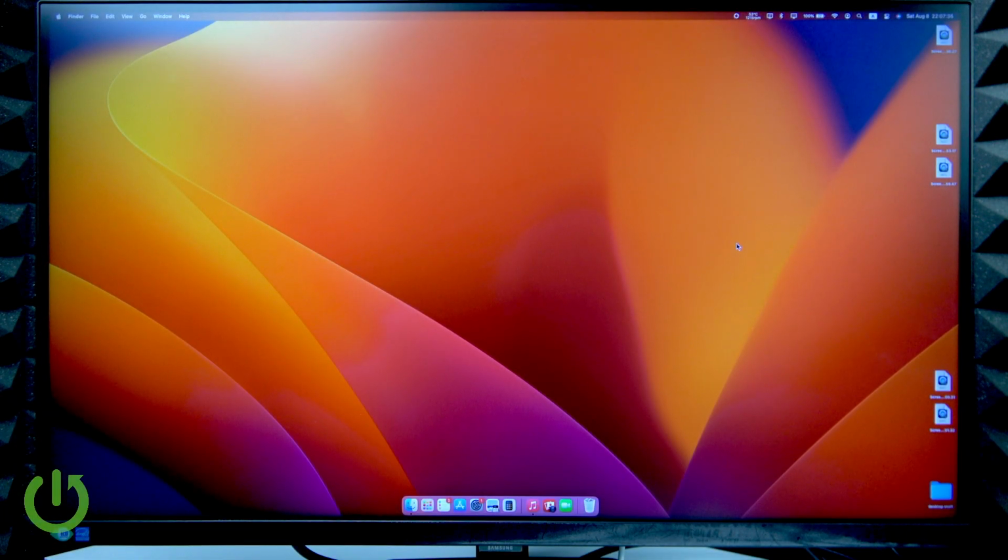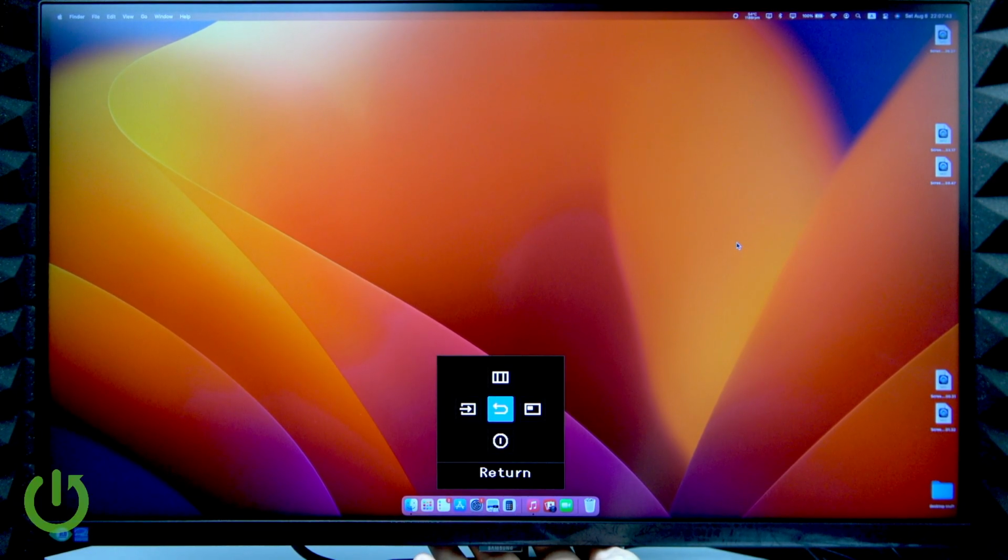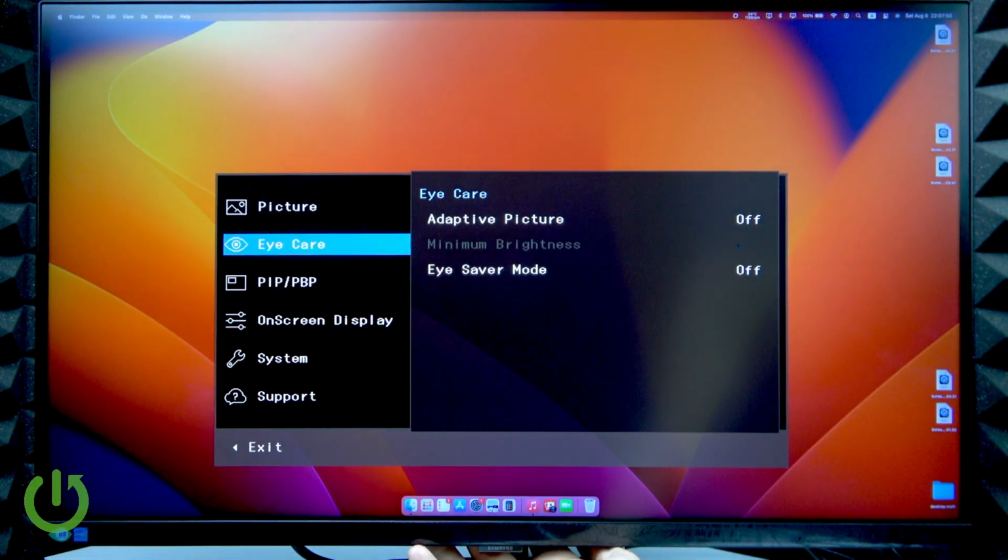So first of all, we have to reach for the joystick on the back side of the monitor. We can easily access it from the bottom of the monitor. Just press it once to open the OSD menu. Now here we're gonna have to move the joystick up to open the main menu and press it once, and